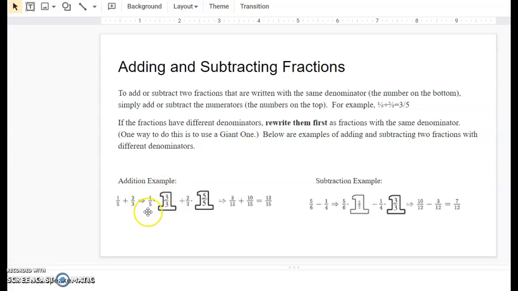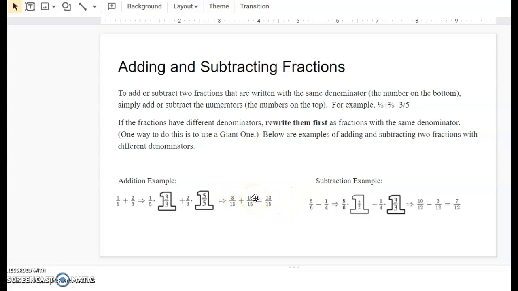So in this giant one, I'm doing 5 times 3, which means I also have to multiply my numerator by 3, so 1 times 3, and that brings me to 3/15. The second one, I would do 3 times 5 to get to 15, which means I also have to take my numerator and multiply that by 5. 2 times 5 is 10. So now we come up with 3/15 plus 10/15, which equals 13 over 15,